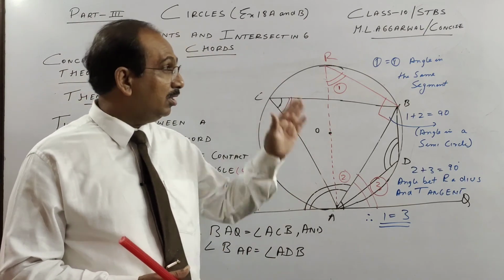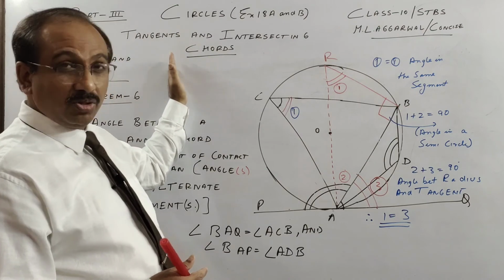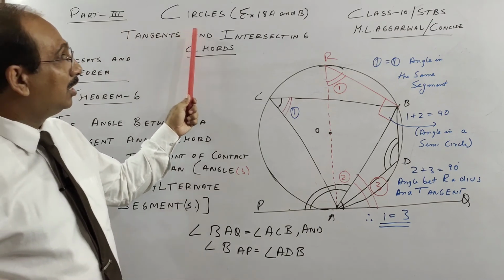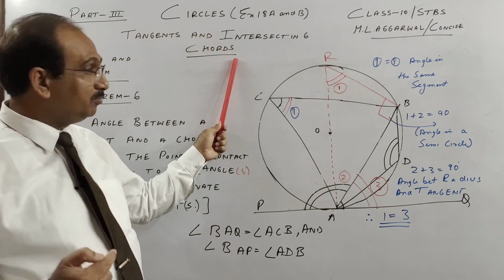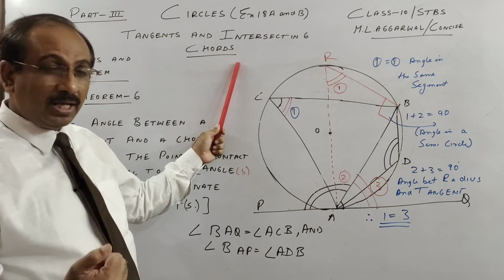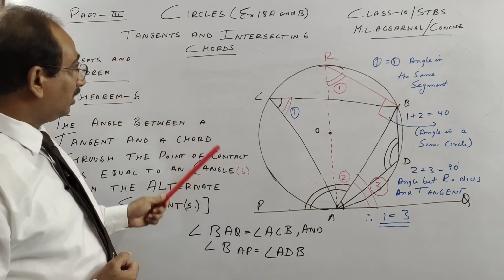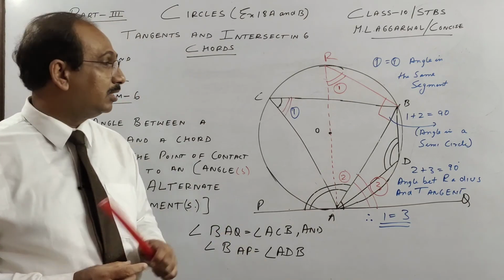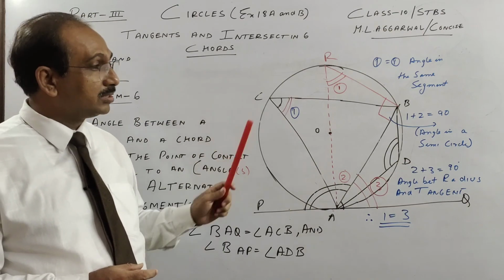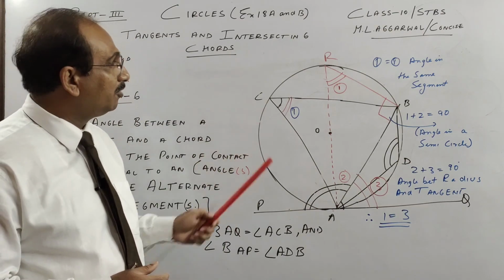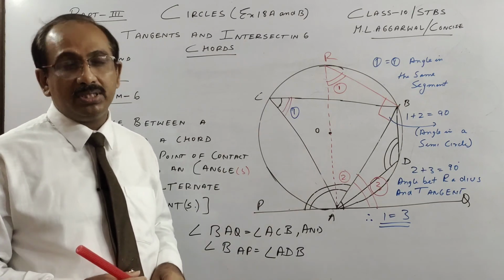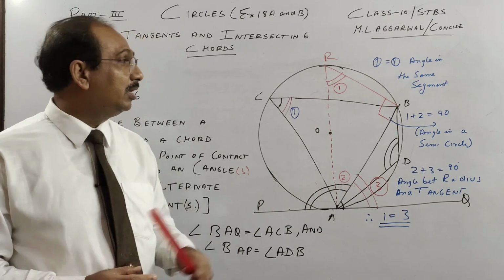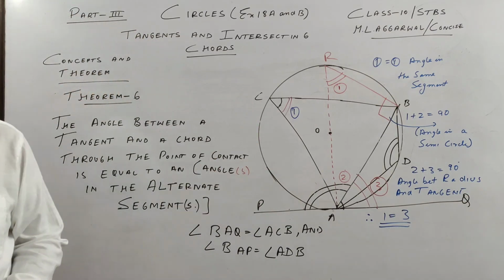So children, once more, in part 1 I gave you 5 theorems, all of which are in ICSE. See part 1 of my video lesson on circles. And in part 2, I solved sums based on that. Please see how we apply those theorems. And in part 3 today I have done 6 theorems, all of which were in ICSE, but this year only 1, 2 of today's and 6 are in the syllabus. Kindly follow the syllabus. I've taught you all the basic idea. Use any standard book, go through them and try to solve solved examples. And in my next video we will have sums on this.